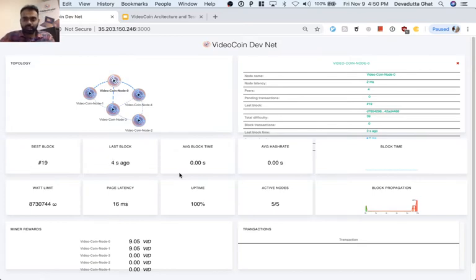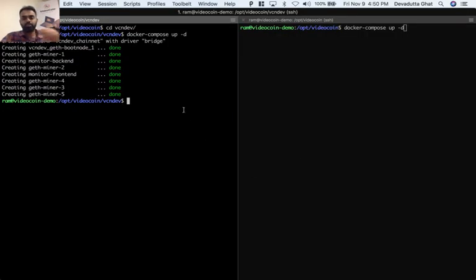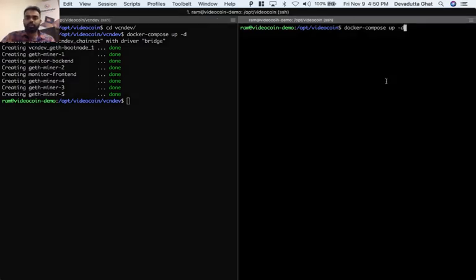So you can see that there's a block explorer with node visualizations, and you can see new blocks getting written every 5 seconds. We've also done a lot of throughput analysis and transaction analysis, which I've covered in one of my previous blog posts as well as in future blog posts, where you'll see what kind of TPS we can hit for these transactions. But this is the overall block explorer, right? And now that we have the block explorer, now that we have the basic Ethereum powered VideoCoin network up and running, what we'll do is go and